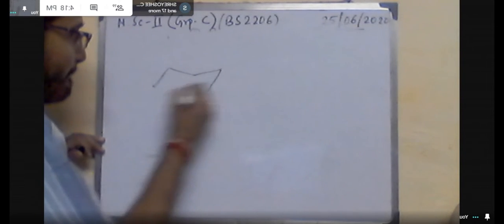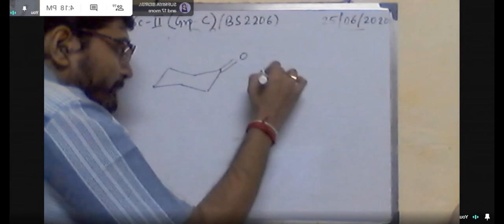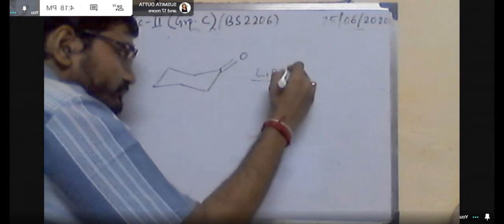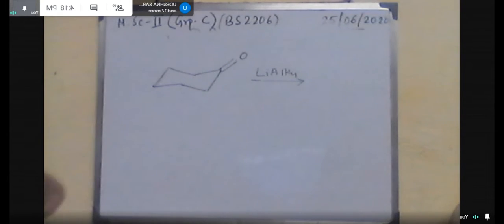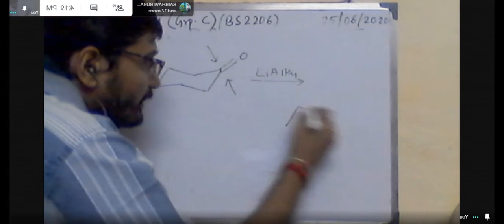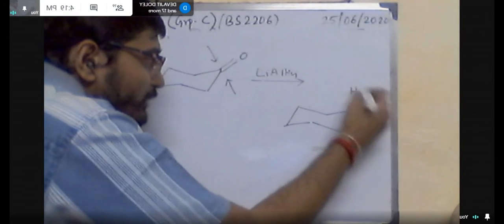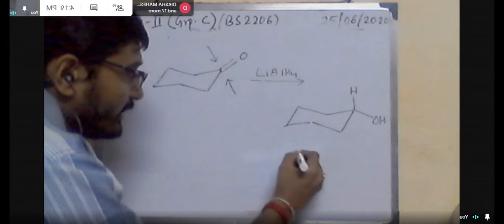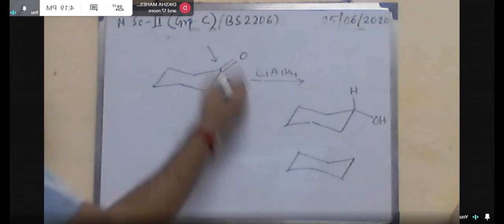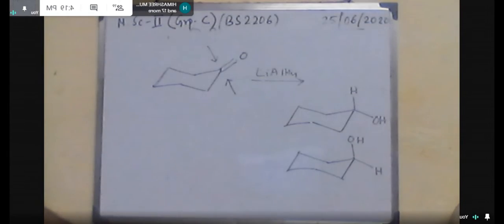Now in the cyclohexanone ring, if you add some sterically bulkier group, say at the 4th position, say here you are adding the tertiary butyl group. So during this reduction pathway, what will be the scenario? Now this is the additional steric bulk in the cyclohexanone. That means now both faces are no longer enantiotopic. That means from both sides it is not sterically equally accessible.